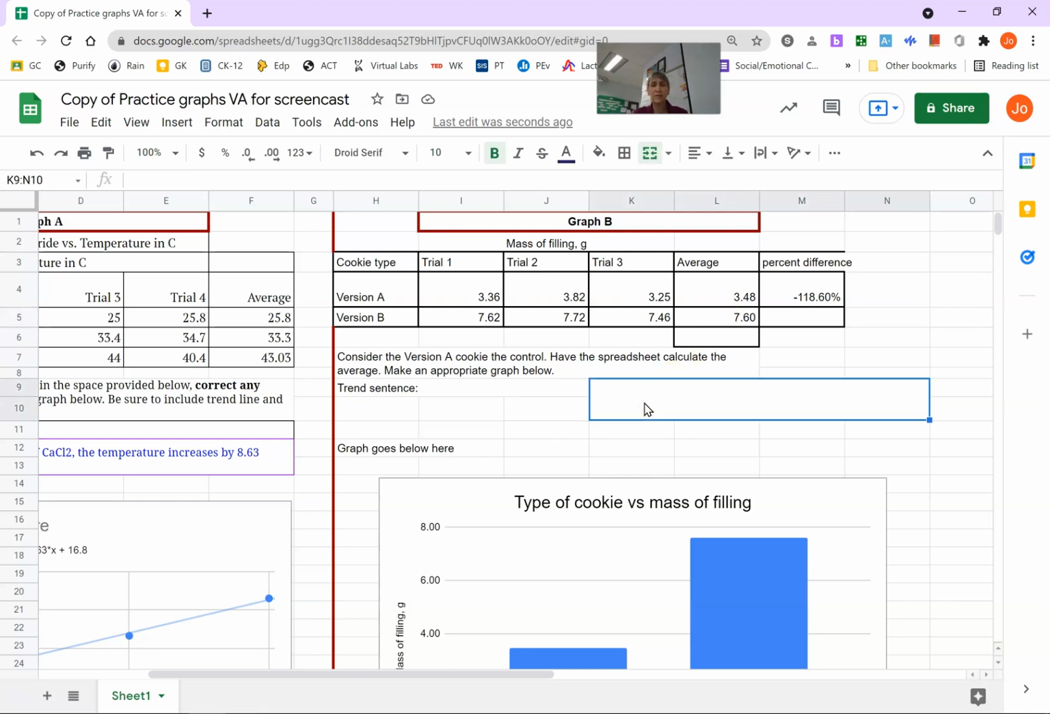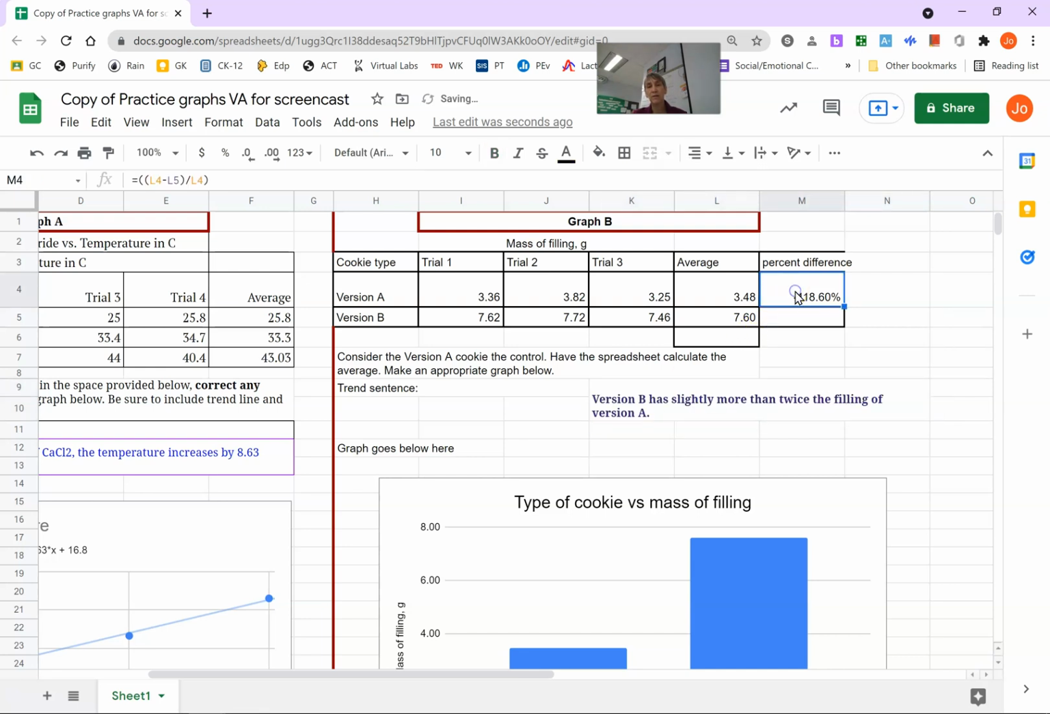Okay, so some of you had a trend sentence that said version B has slightly more than twice the filling of version A. I would have taken that. If you'd gone above and beyond and done the percent difference, that would have been awesome. Okay. So that's what you're looking for on